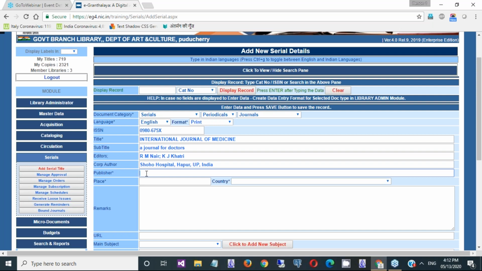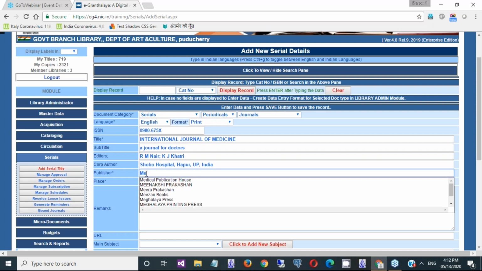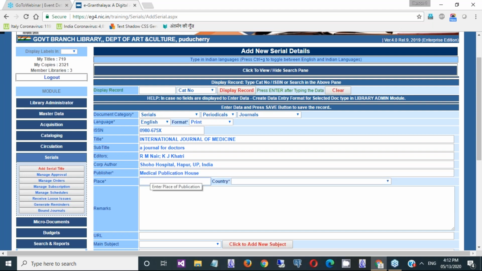The name of the publisher. Once you start typing the first letter of the name of the publisher, then automatically the system will start matching the name. If it is already there, select the same publisher. No need of retyping the publisher name. This is the publisher of this journal. Every field generally provides this facility where typing is given and matching is done by the system itself.